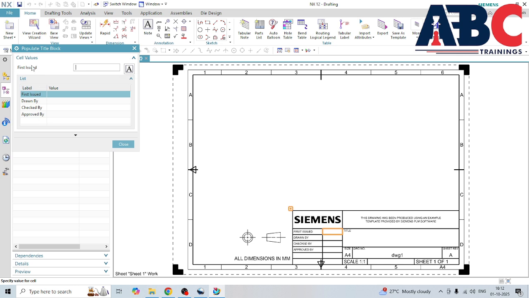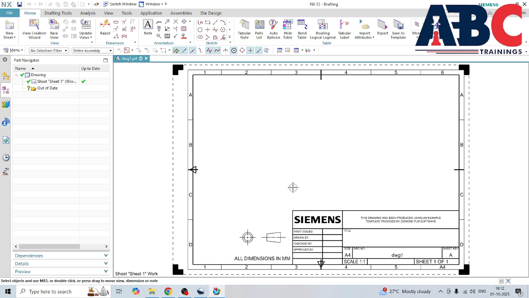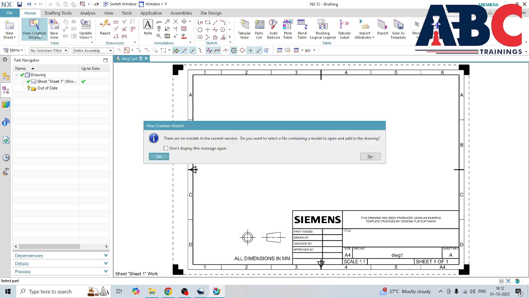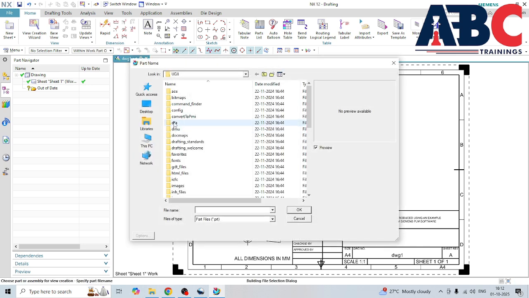Here the dates, first issue date, drawn by, checked by, approved by, these details will be filled. After filling these details, click close and go to the next step. You have to open a model first, and then